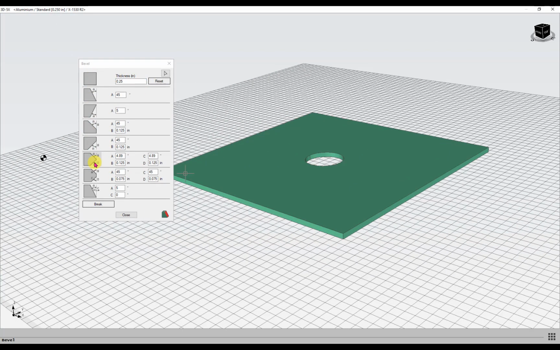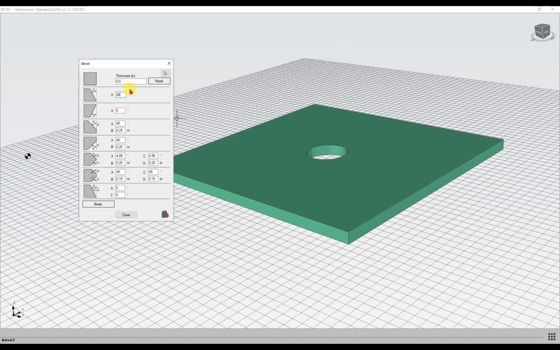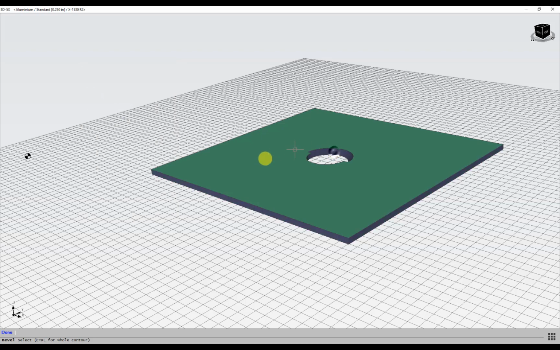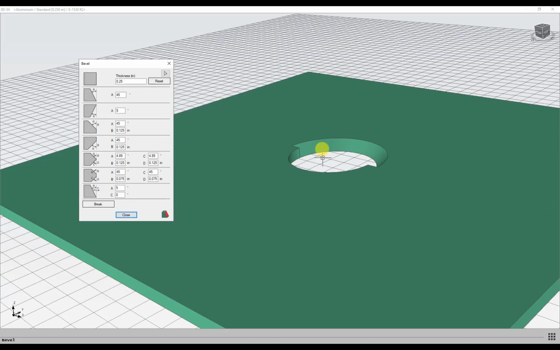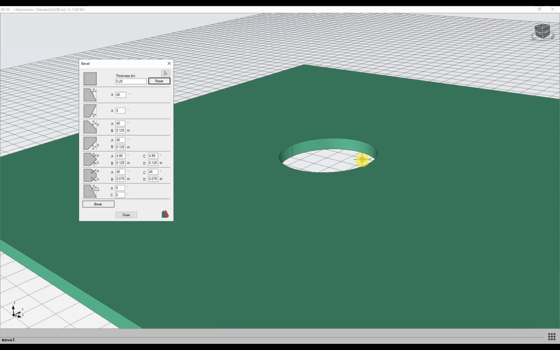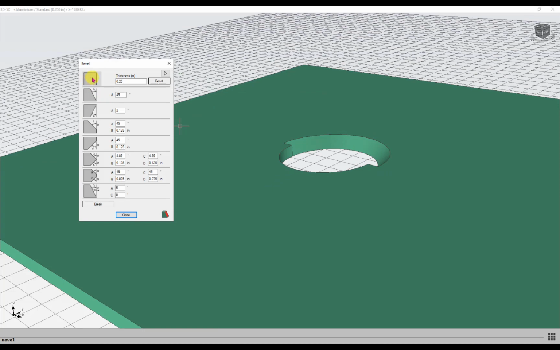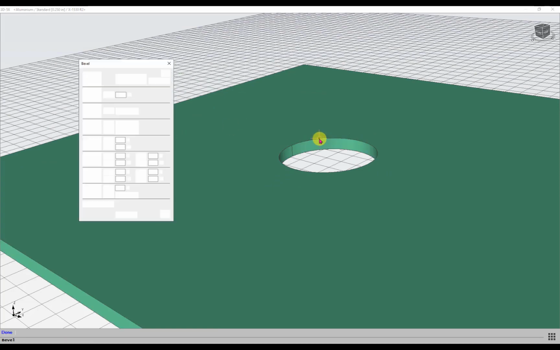So you've got your choice of the different bevel types that you can do. You can also do things like, if you get in here and decide that you want this to be of a different thickness, you can actually change the thickness of the model in here. If you add a bevel to something but then realize that that's not what you wanted, you can do reset to bring it back to vertical,